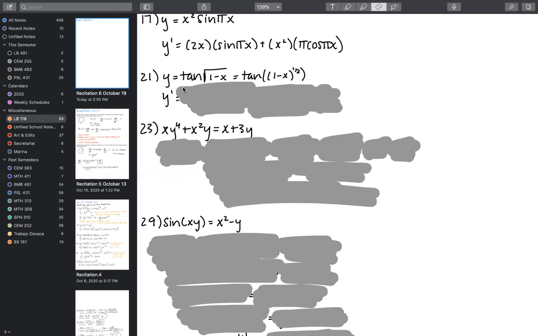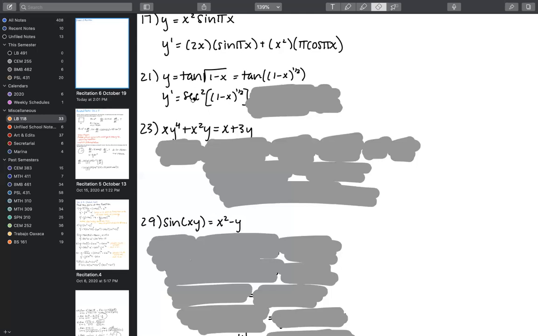So what it's going to look like is we're going to take the outermost aspect of the derivative, the outermost being the tangent, and then we'll keep everything on the inside the same. So the derivative of tangent is secant squared, keeping this the same. And then we'll multiply by the derivative of the inside, which is going to have two parts. We first address the power rule part, and then we see that there's another variable in there, and that negative x is another function whose rate of change is going to contribute to the larger rate of change y prime for this question.